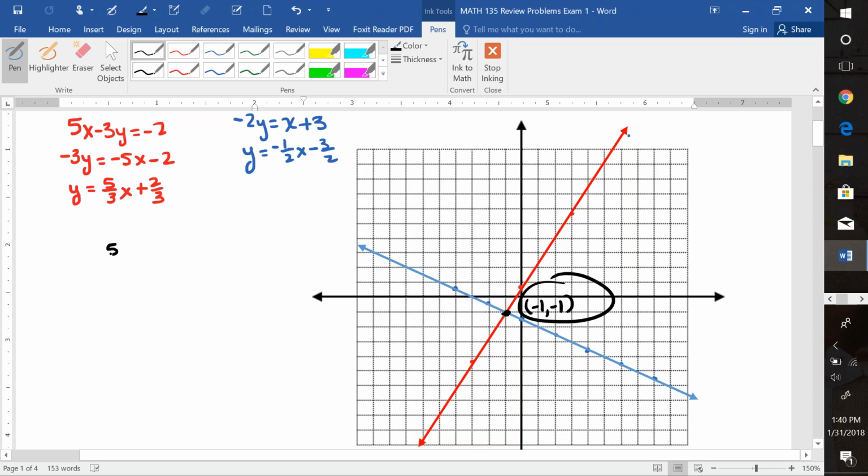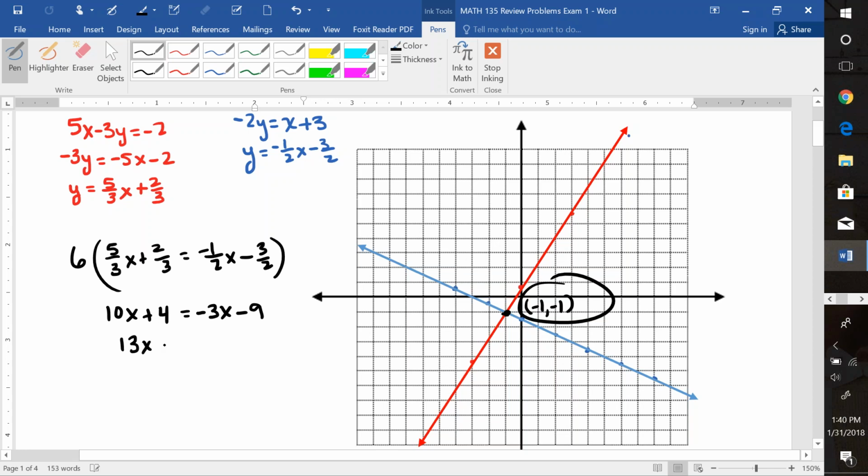If you set those 2 equations equal to each other from the y equals part, you can actually solve for the x value of that intersection point. So if we were trying to solve this, I'd probably multiply everything by 6 to clear out the fractions. So that'd be 30 divided by 3, that'd be 10x. 12 divided by 3 would be +4. 6 times -1 would be -6 divided by 2 is -3x. 6 times -3 is -18 divided by 2 is -9. I would add over the 3x and subtract the 4,